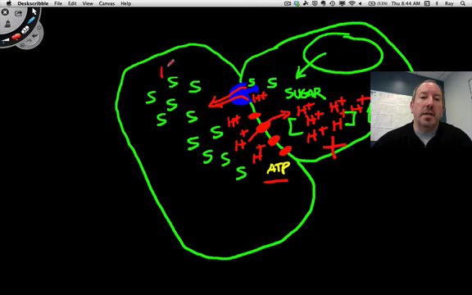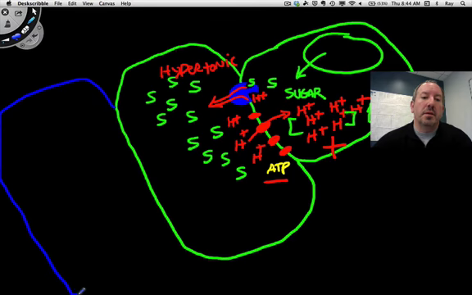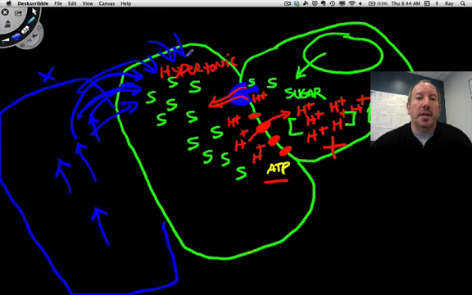What actually does that is, now that you've created this really strong hypertonic environment, do you remember, adjacent to the phloem is the xylem. And the xylem's got lots of water, and the water's going like this. And so the water says, hey, look at that very hypertonic environment over there. Maybe I'll go over and investigate that through osmosis. And so water movement occurs. And so the water is then flowing into the phloem, and that's causing pressure,